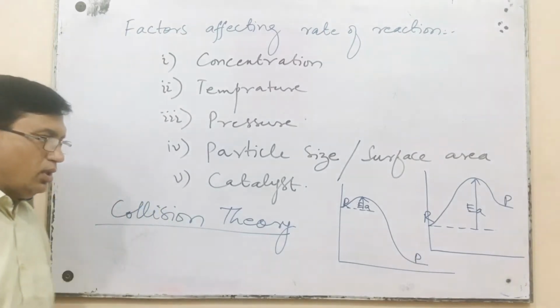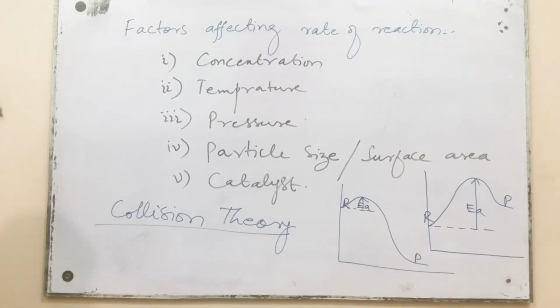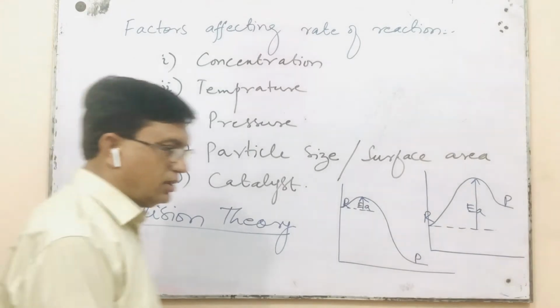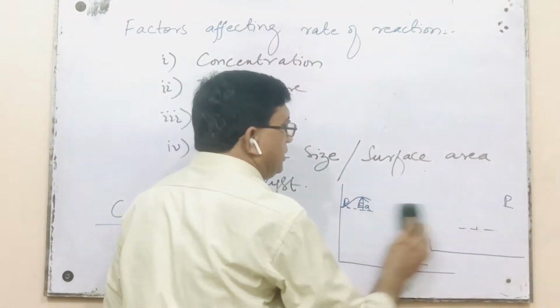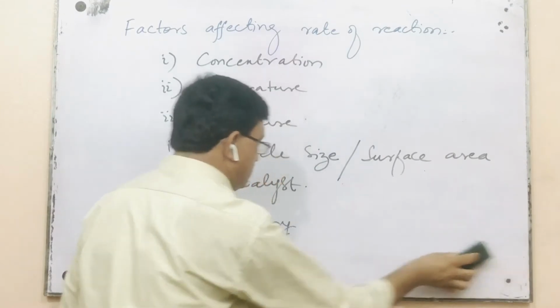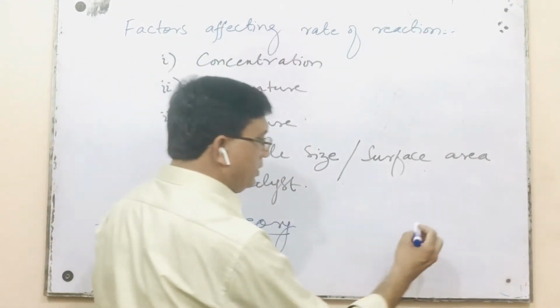Now, if we use this concept of collision theory, what will happen? Graphically, we can represent these collision theory stages as, for example,